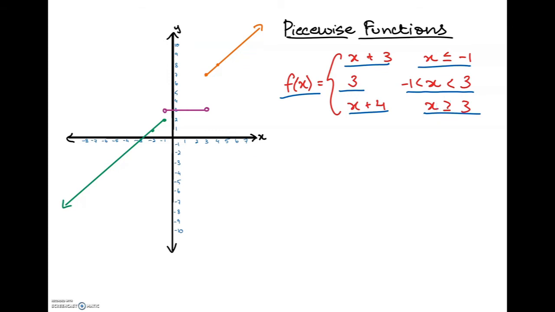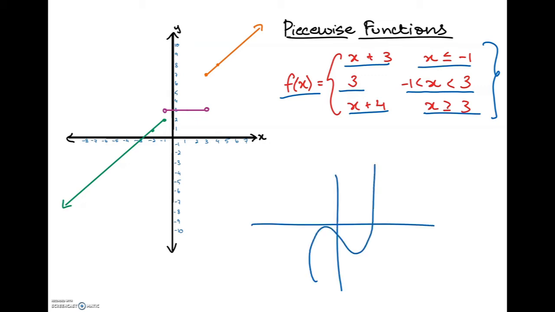So that's about it for piecewise functions. This is just a little overview of piecewise functions. So this function over here on the right, the entire function, is how you would write a piecewise function. So if it looks like this, you know that it's piecewise. And over here on the left, the graph, how we can tell is because the graph isn't continuous. A continuous graph is like a graph that either goes like this or a graph that goes like this